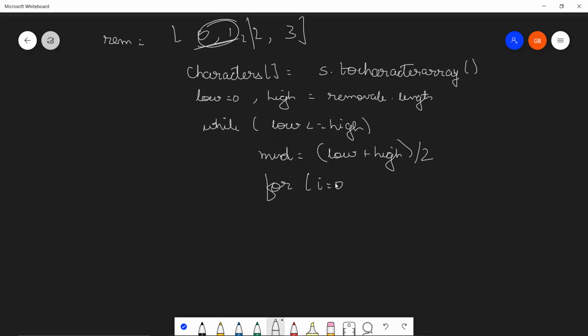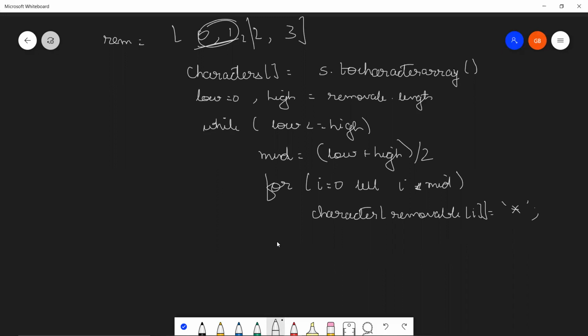So for I equal to 0 till I less than mid, characters of removable I will be replaced by what? A star. Since it's a character, it will come in single inverted commas. In Python, it does not matter. In C++ and Java, you need to take them.